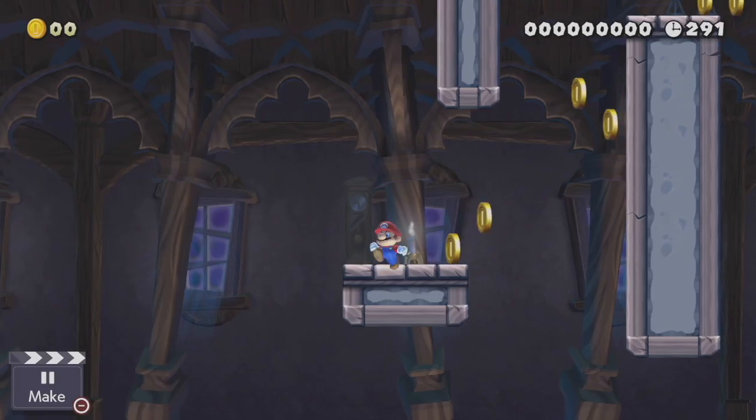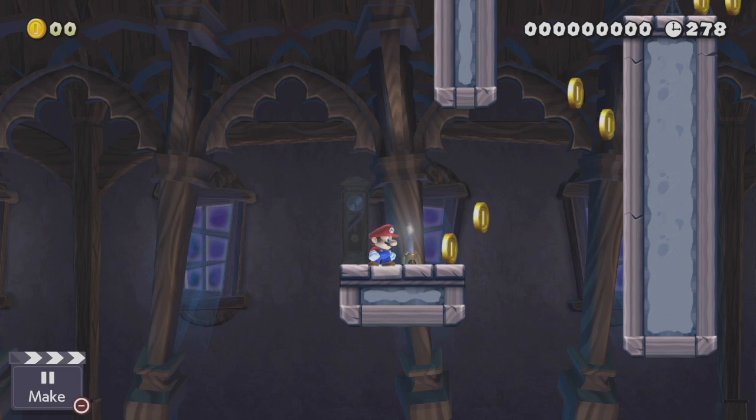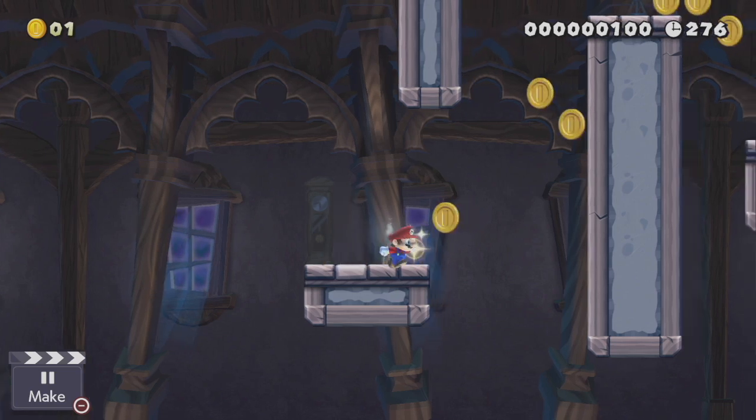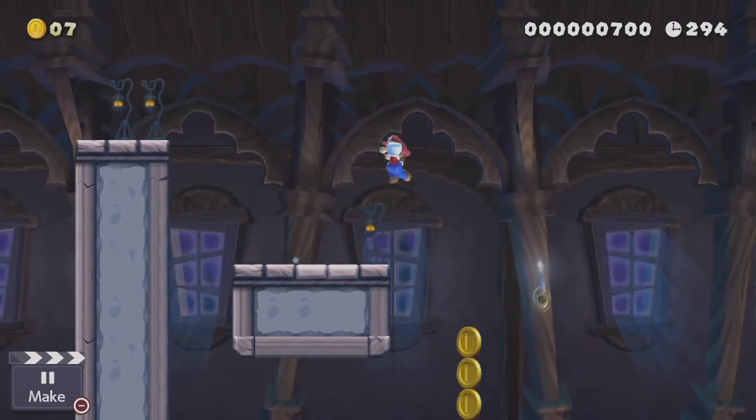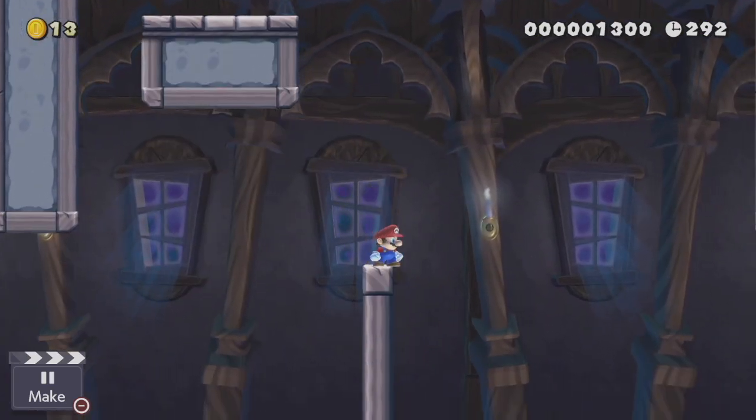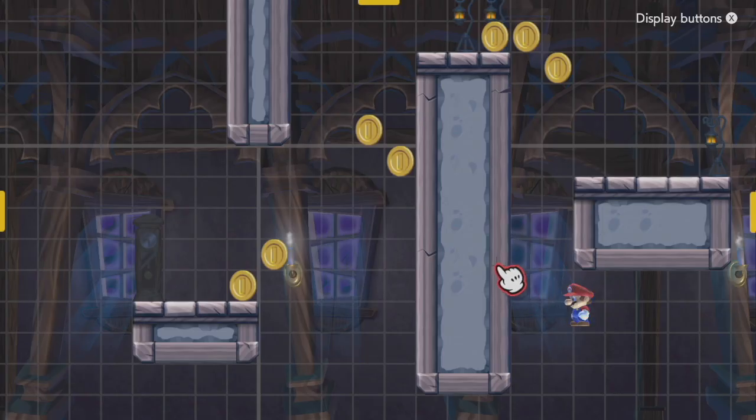Coins are the most basic and universal indicator. Coins, by definition, guide Mario to collect them. Coins can be used to signal jumps, wall jumps, drops, and landing on positions that might be out of view from where Mario initiates his jump. Coins in general are extremely specific as to where you have to be and what you have to do